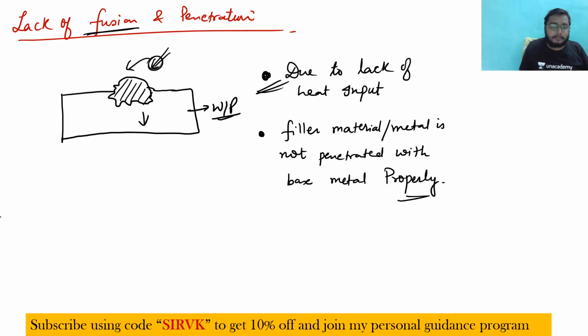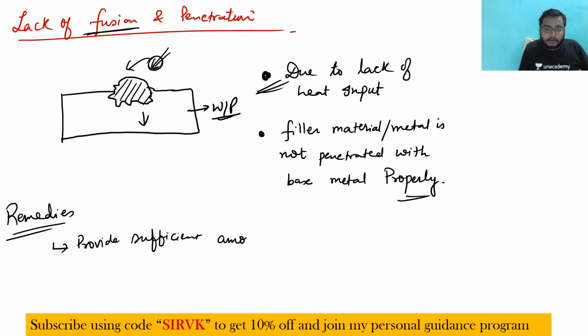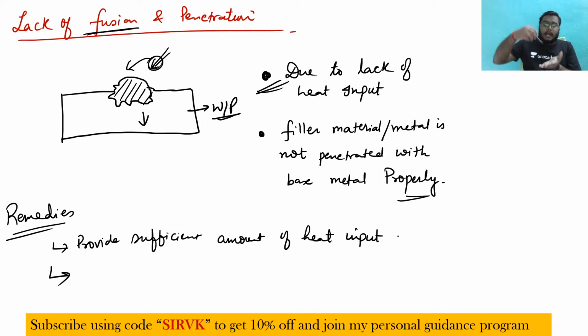So these are the problems. So what can we do to improve it? The heat input is less, so provide more heat input. Fine, very easy things are there. Provide a sufficient amount of heat. Okay. Now see, sometimes what happens, देखिए, अगर मैं वेल्डिंग स्पीड जो वेल्ड कर रहा हूं ना, if